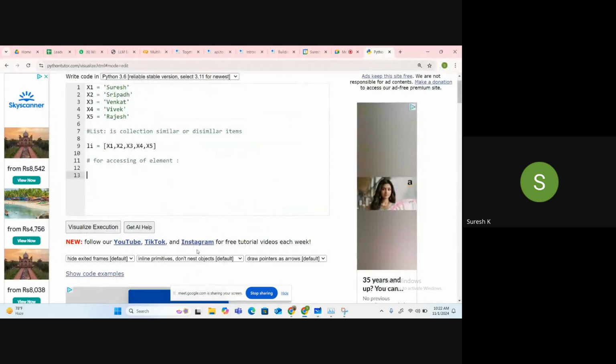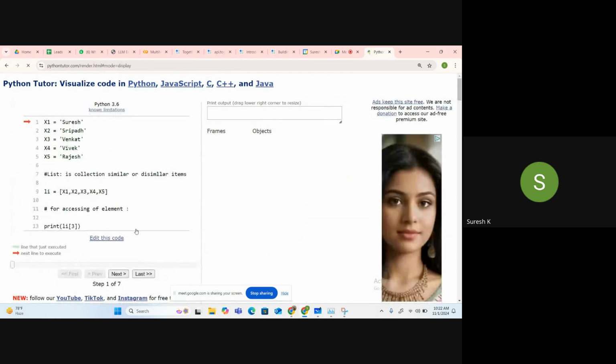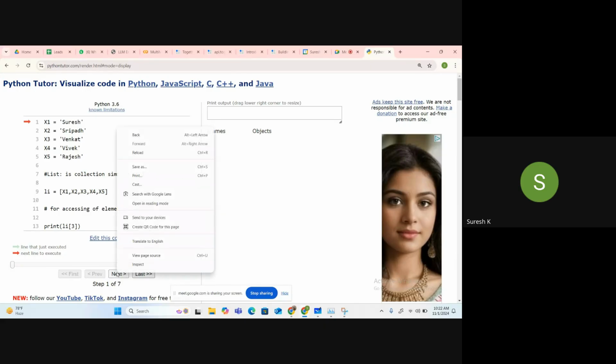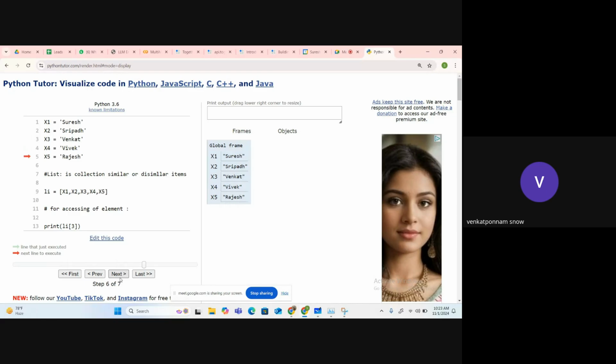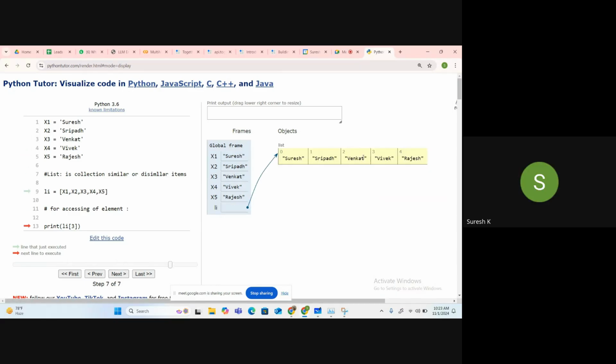Now you see here. Print li of 3. What will be the output? Venkat. Oh, index 3 is what? 0, 1, 2, 3. Vicky.